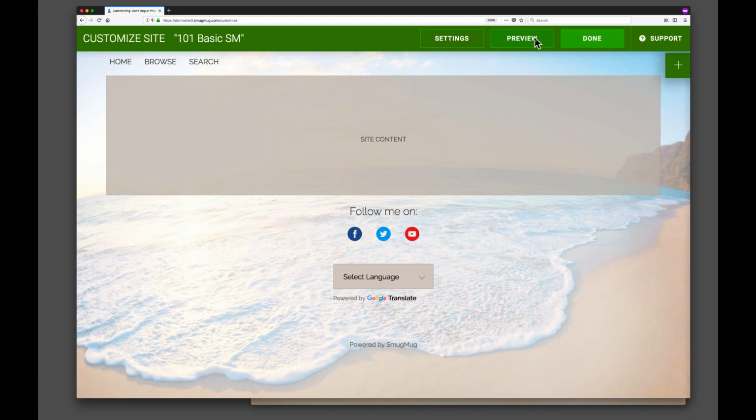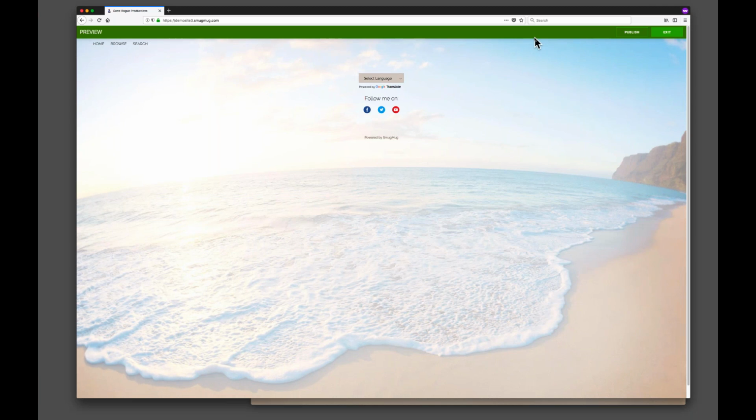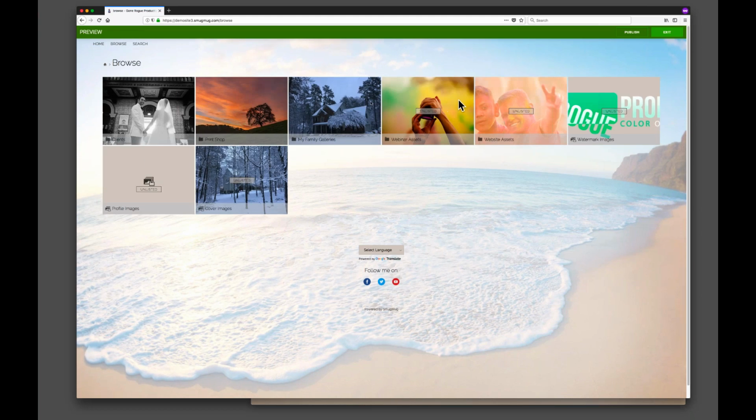Click. You can click preview, and you can look and see what the work you're doing shows so far. So here's this large image in the background. Here's what we have in our footer, and here's our header. And there's no content in between, so they're kind of butted up against each other. But the home button will take you home, and the browse will take you to that top level in your